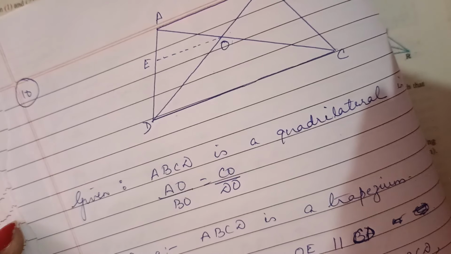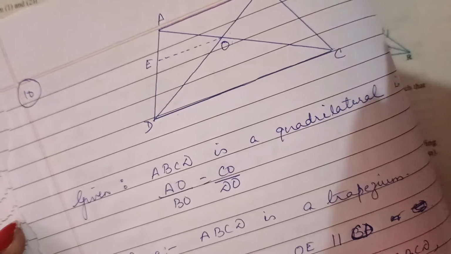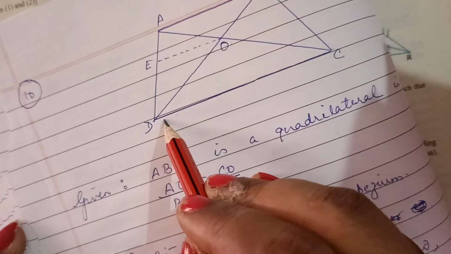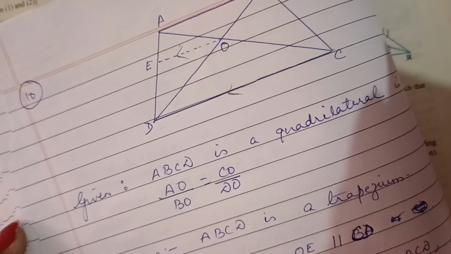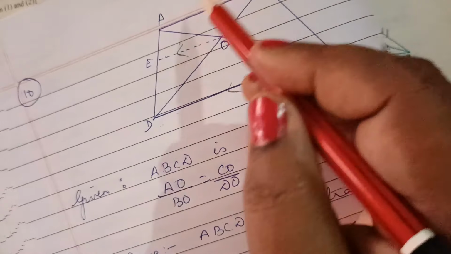For this we have done a construction. We have drawn OE parallel to CD. We have drawn OE parallel to CD. Okay. Now in quadrilateral ABCD,